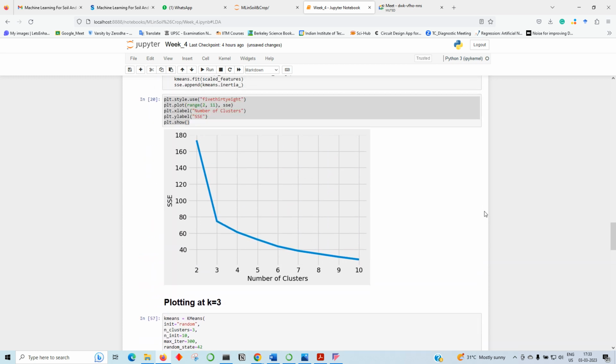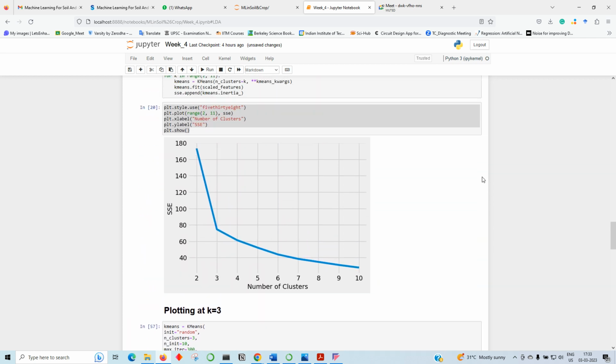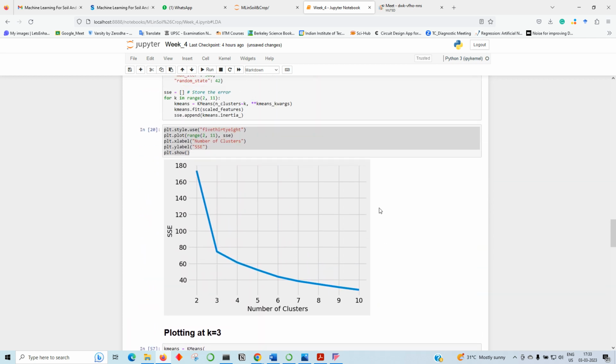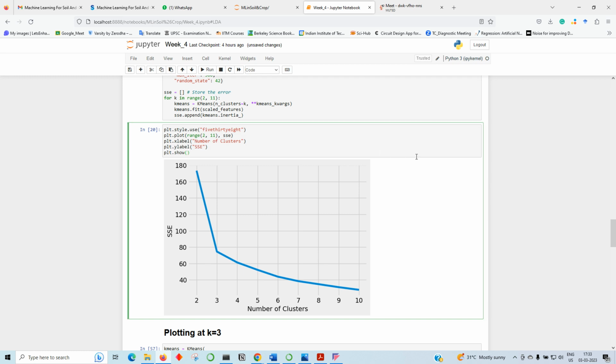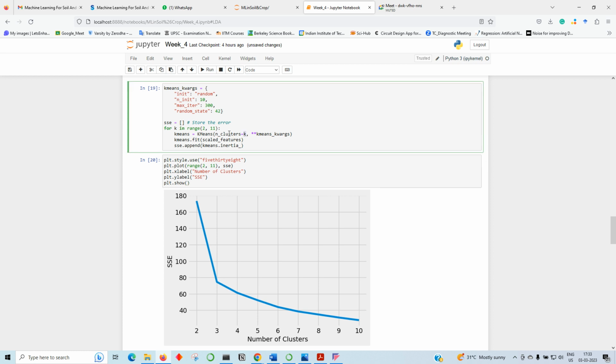As I was talking about, how do we know that this is the best classification, the best number of classes that we should have given? To do that, we have to go through a test called the elbow test. What we do basically in that test is change the number of clusters, or the number of groups, that we give to this k-means model. We change it from 2, 3, 4, 5, 6, 7, 8, 9, 10, and then we see how the error